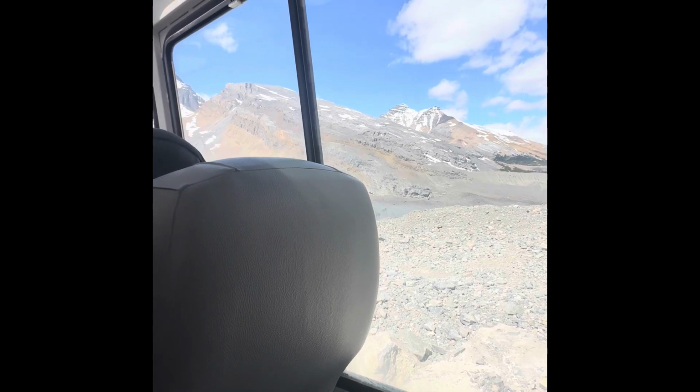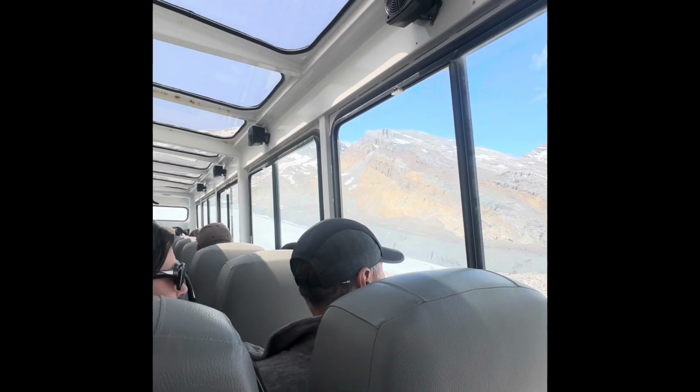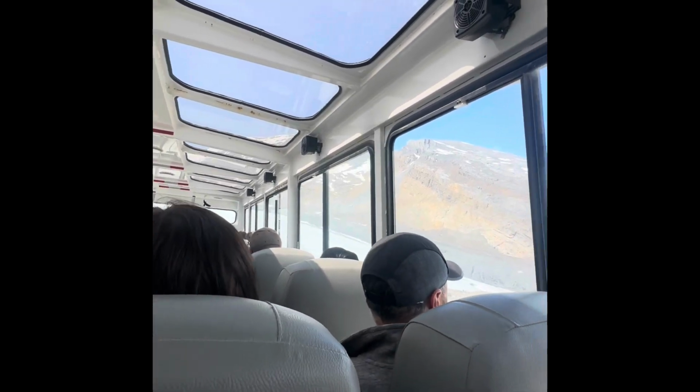Now guys, up ahead you can see the road drops off. We are about to drive down that steep road I was talking to you all about. I do need everyone to have a